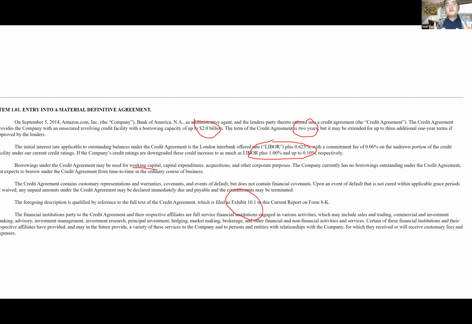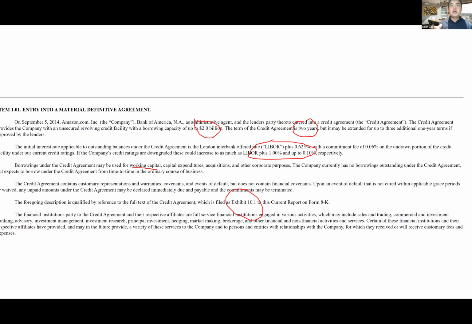So this is still different from the commercial loan. The commercial loan is what? Amazon will get the $2 billion in the pocket, and then they will spend the $2 billion on equipment, expansion, growth. We talk about a lot of growth. So there are two different loans here. The contract here is about the credit borrowing.